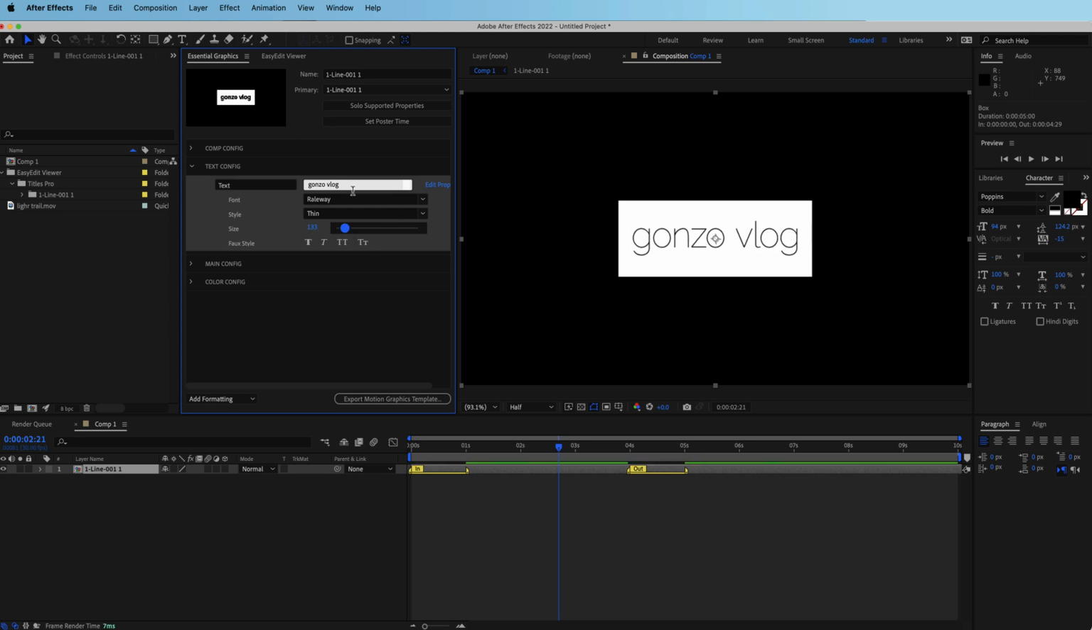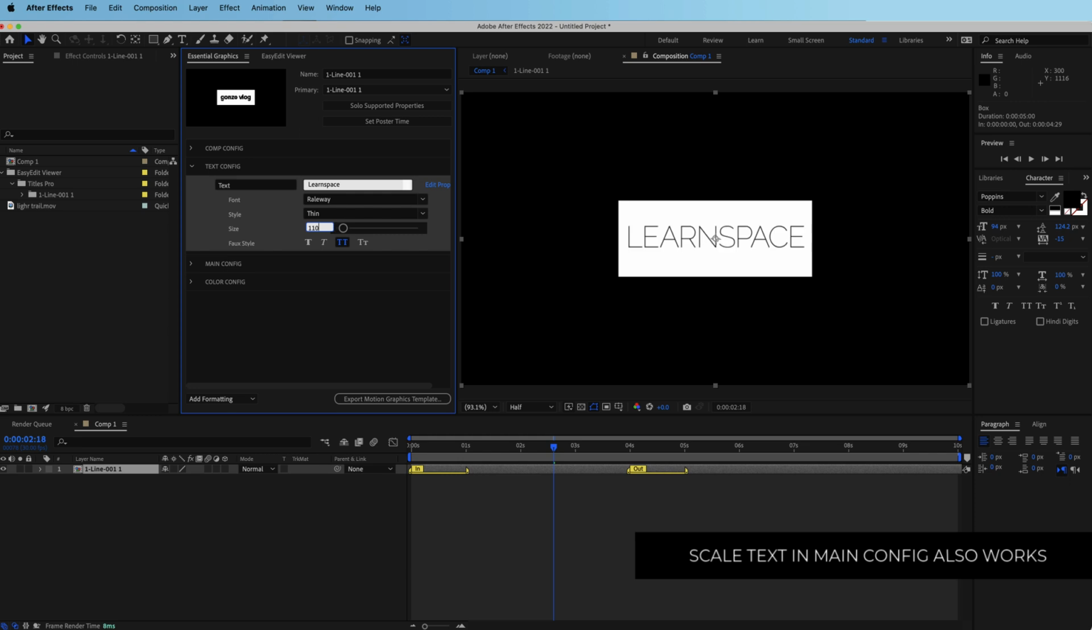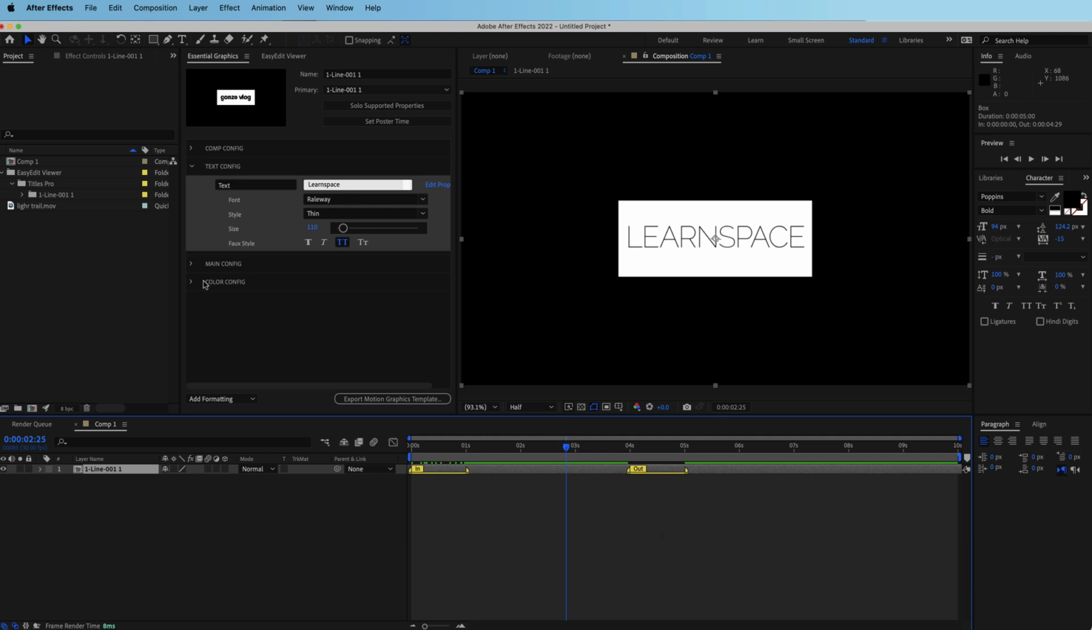So I can put it down here if I want to change any of the writing. So let's say we'll just write Learnspace, and now we have the new word in there. If I want to make it all caps, I can, but then I'll obviously have to change the size. And then once you've got that, if you need to change the color or anything else, you can go down